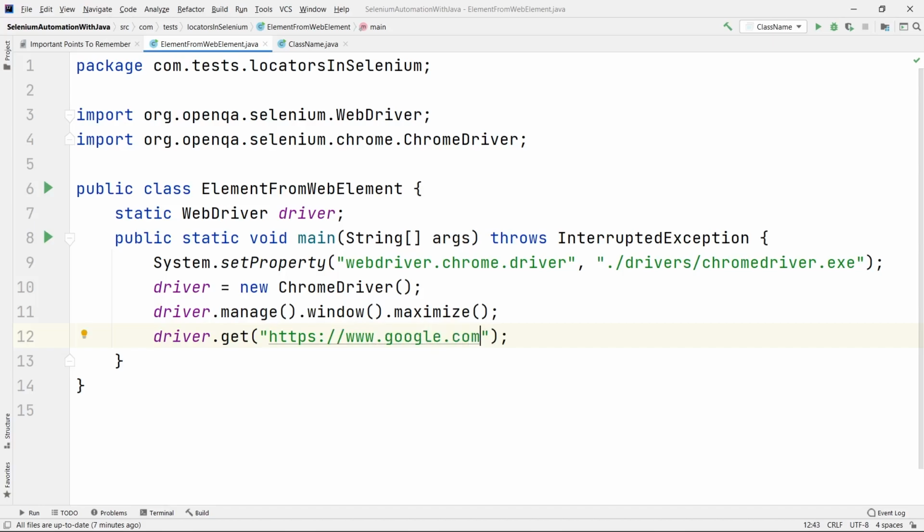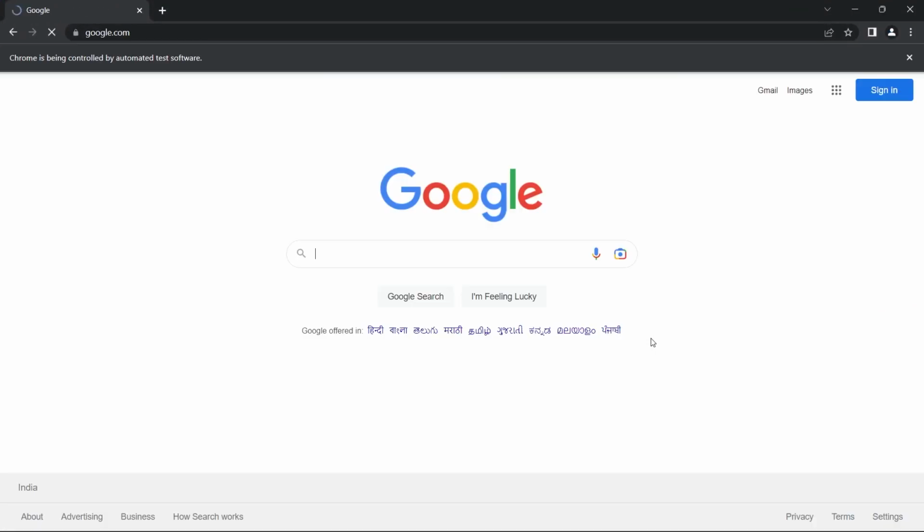Fine. Let me open this and then I will show you how you can extract an element from another web element. Let me run this. You can see it has opened the google.com website. Now let me show you what I want to do by